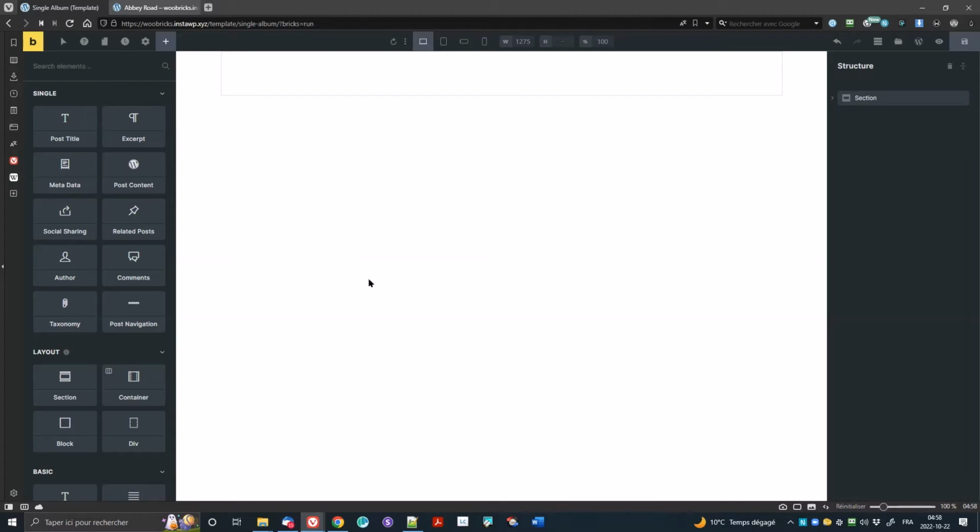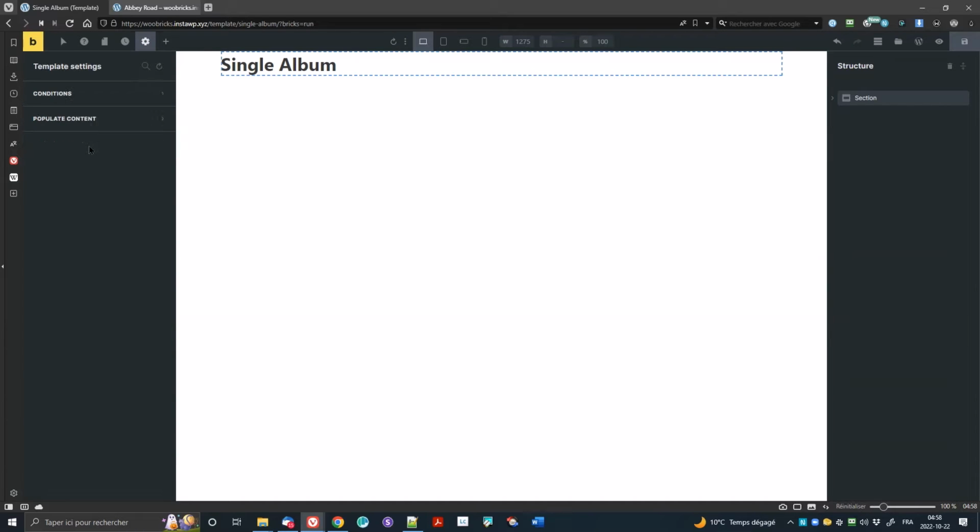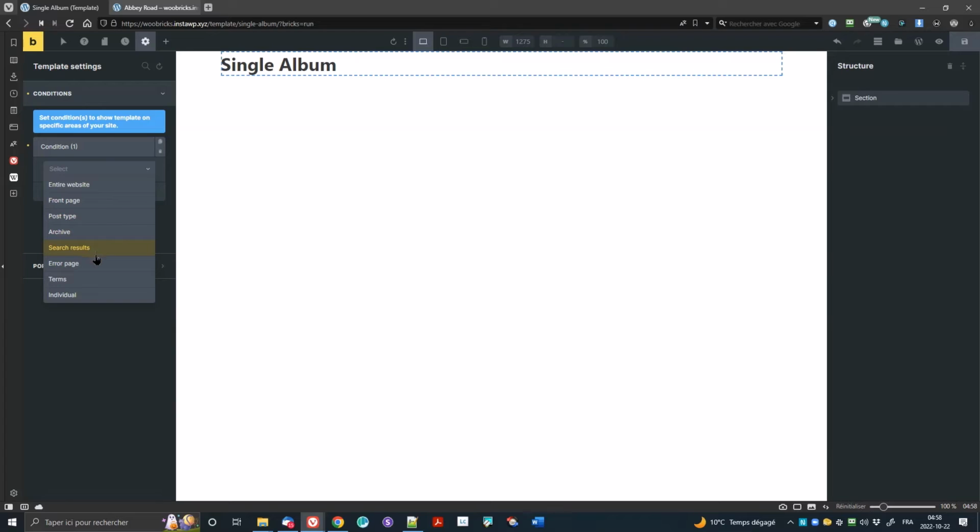So let's put the title of the album, the artist, let's say underneath. So post title. Let's go right away before I forget to change that to be a single artist. So a single album, sorry. So individual. No, sorry, individual is one page. So it's post type